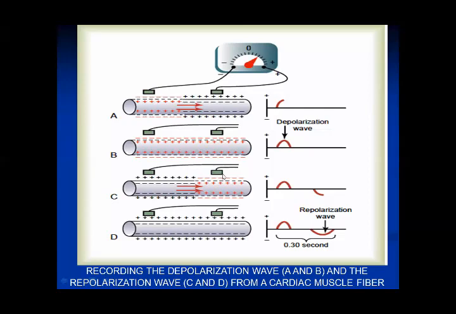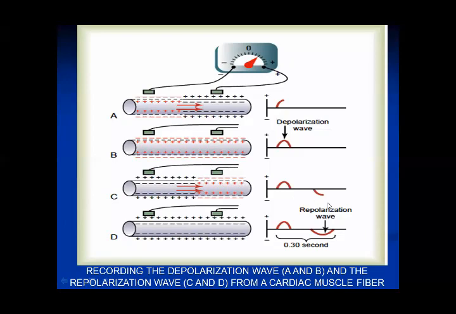Now coming to the C diagram. Again, the first part of the outside of the membrane is positive. The later part is negative. The negative electrode is placed in the positive domain. The positive electrode is placed in the negative domain. That means both the electrodes are now placed in their opposite electronic fields. So what will happen? It will give us a negative deflection as it is shown over here, right? Because when they were in their respective electronic fields, they gave us a positive deflection. Now they are in their opposite electronic fields, so they will give us a negative deflection.